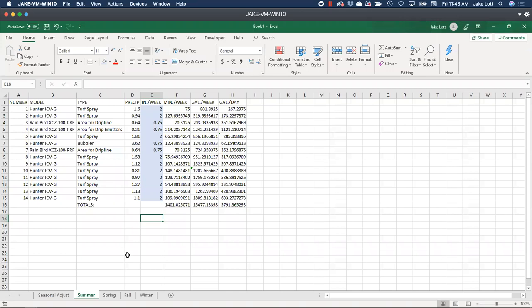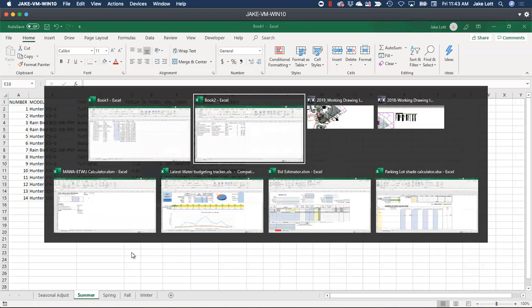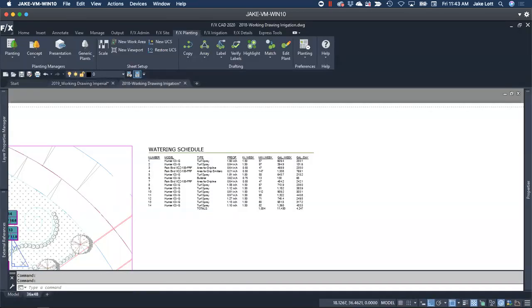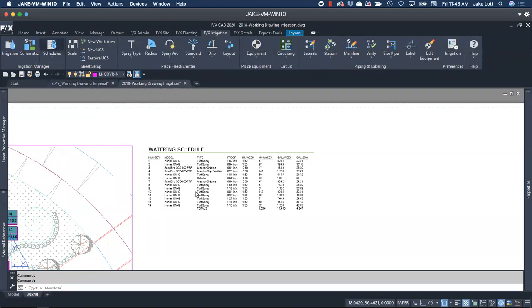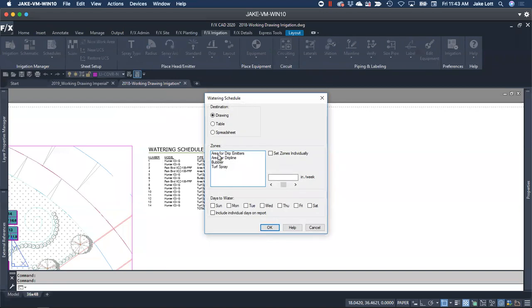So why do we care about that? Obviously, if we were going to come back over to here and run a new schedule, and we modified this ever so slightly and maybe made changes to the days that it was watering and stuff like that, we were able to send that to a spreadsheet.